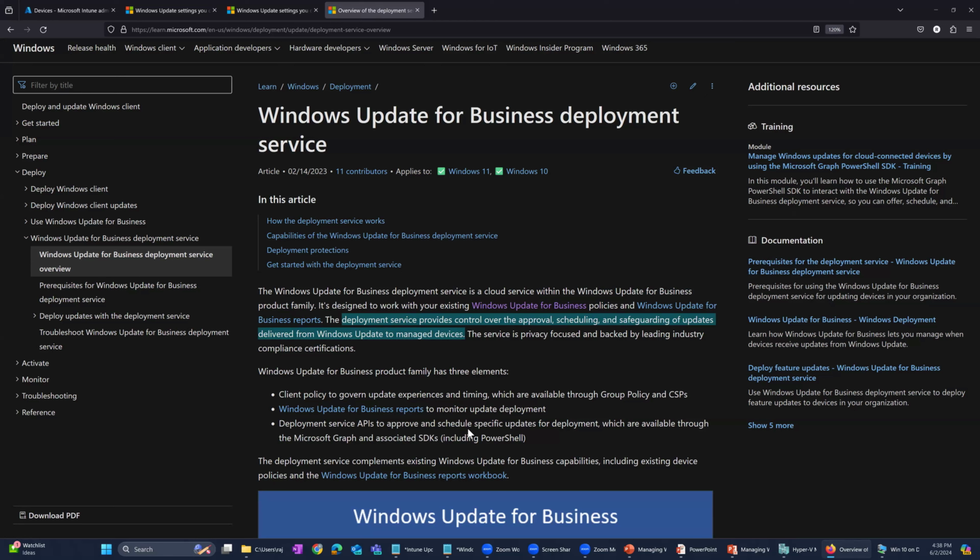Your admin can use a Teams channel API and a Teams channel plugin, a chatbot kind of thing, to say update all my devices in my estate, all Azure AD registered, enrolled, joined devices, to so-and-so KB article. One sentence he'll put. And then this Windows Update for Business deployment service